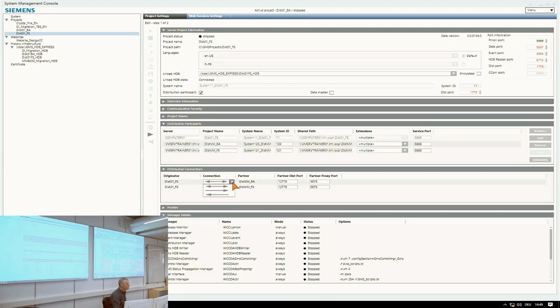I could even say now, maybe I want to set up a hierarchy between these projects. And the FS project is going to be the overarching system that will be able to see the other two systems, but not the other way around. So you can set that up here. Now what I'm doing is just showing you that it's possible, but the requirement for us is for a full mesh. So that's why we have it set up like this. And I said now, once we've done that, add these two projects, save the settings,